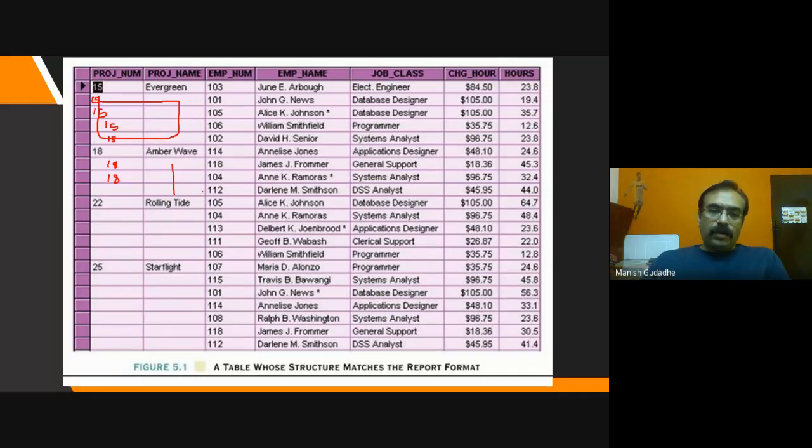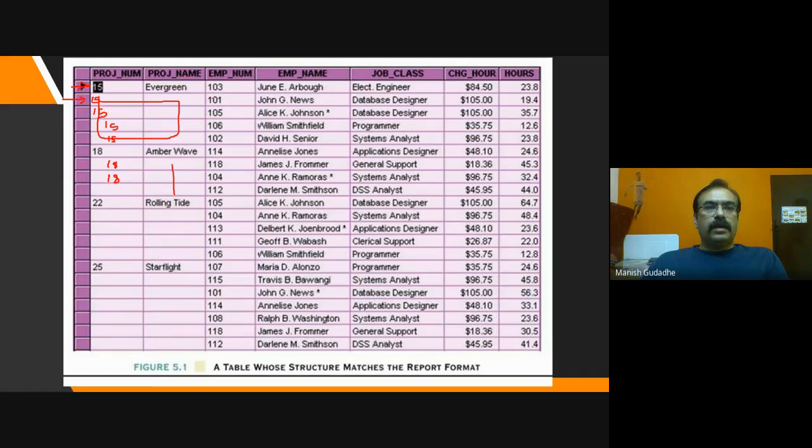Okay, now my understanding is I am assuming that for these 3 blank columns, the same value is the input. But how can you explain it to the computer? See here, this is a cursor. This cursor is pointing to the first row and is having complete information: project number, project name, employee number, name, and so on. But as soon as the cursor moves to the next,